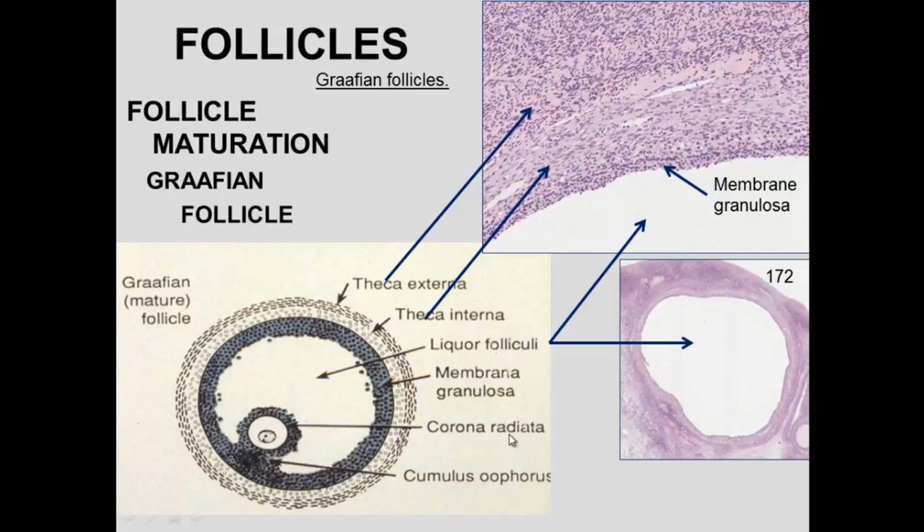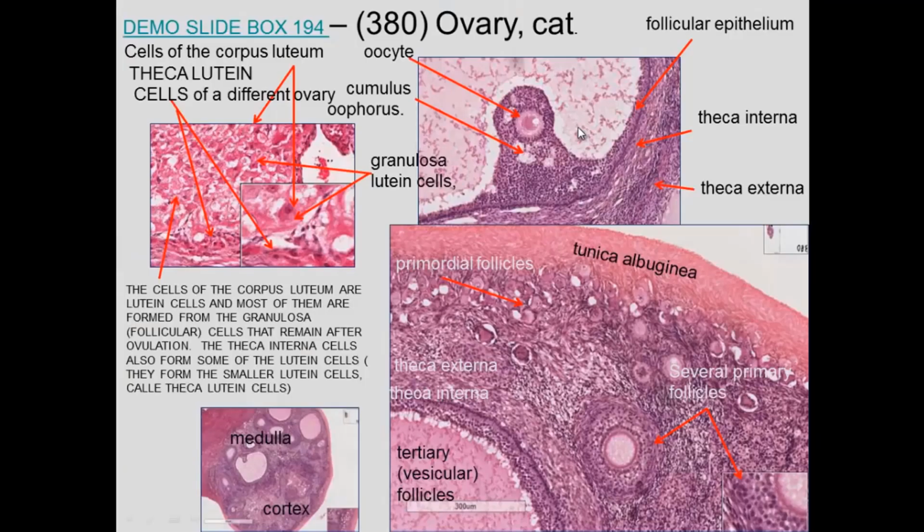There's the nucleus. You have the corona radiata, the cells that are around it. The cumulus oophorus is a little stalk that connects the egg to the granulosa cells. This is the membrana granulosa, theca interna, and theca externa located there. If we look at this one, we can see the oocyte. We can see the zona pellucida in through there. You can see the cumulus oophorus, corona radiata, granulosa follicular cells, theca interna, theca externa,